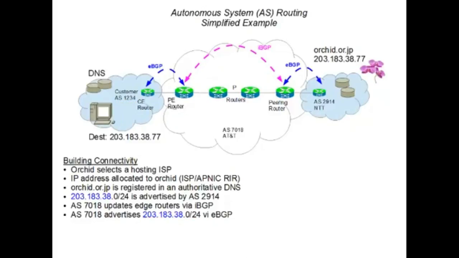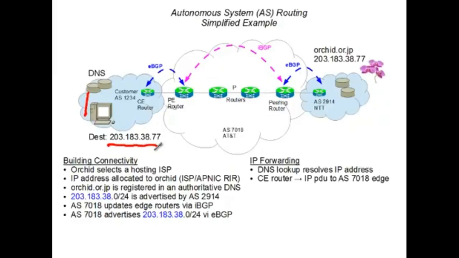So now we'll look at how the IP packet is actually forwarded. First, a DNS lookup has to be performed. And because ORCID has been loaded in an authoritative name service, the DNS that serves our host machine will locate that record, that resource record, and return it and resolve it. And we described that in the last session.